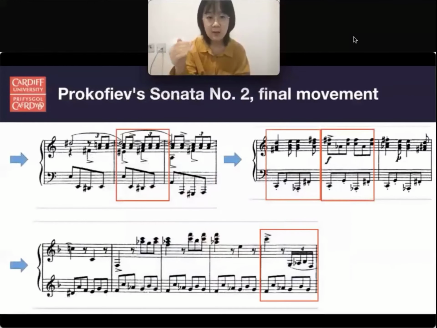Okay. After the body rhythm activity, it leads to the rhythmic counterpoint in the second sonata of Prokofiev that we are going to learn in this class. First of all, we can see from the slide that the different rhythms of the left and right hand need to be played in the same bar. Here, the teacher divides the students into 3 groups. Ask each group to find a passage of rhythm from the Prokofiev second sonata to perform,